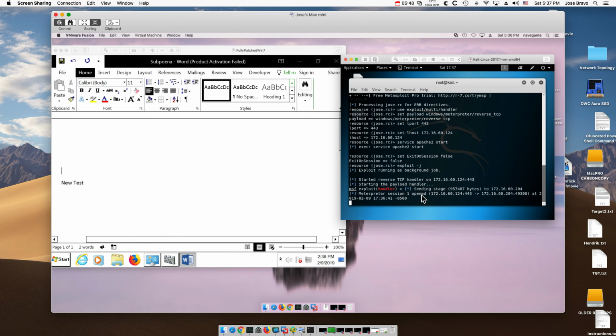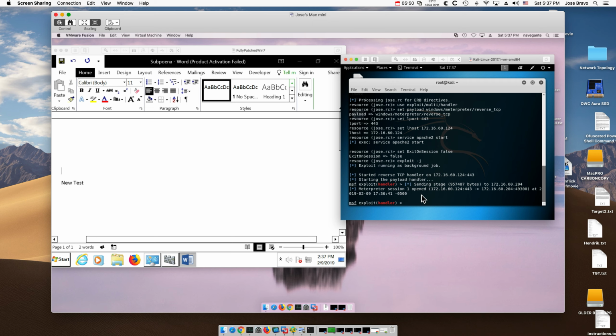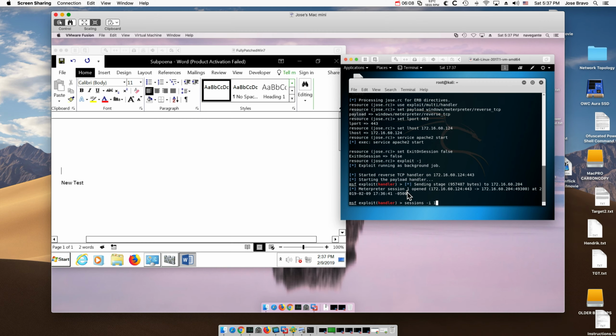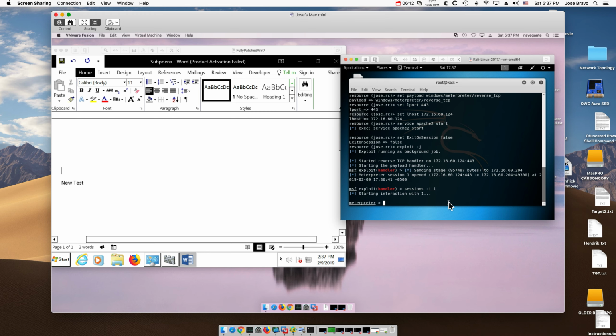And to prove that we can actually go into that machine, we're going to go into sessions, interactive, on session 1. This is the first session that we got. You see here, session 1 open. I want to point that out because we're going to be opening multiple sessions as we compromise all the other machines. So we're in there, we are in Meterpreter, and we execute a shell to go into that Windows machine,